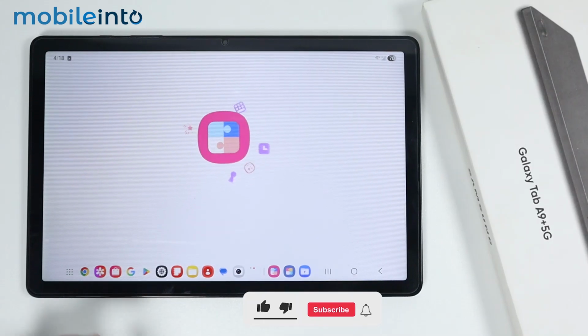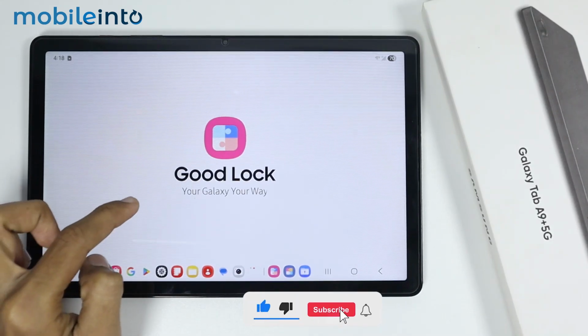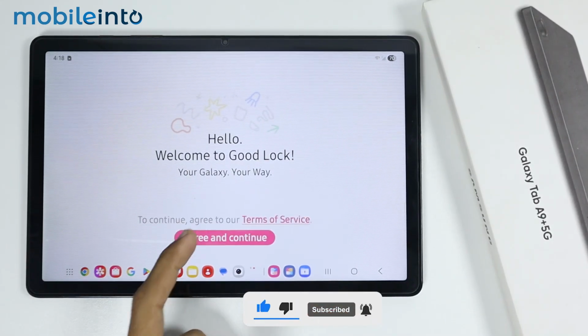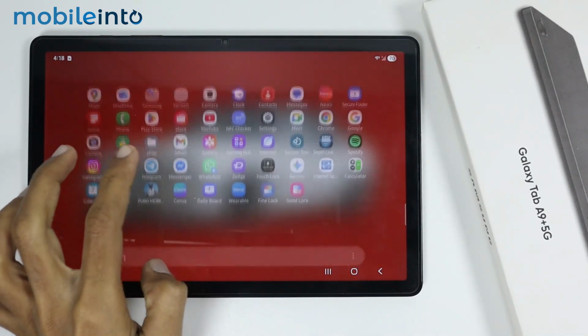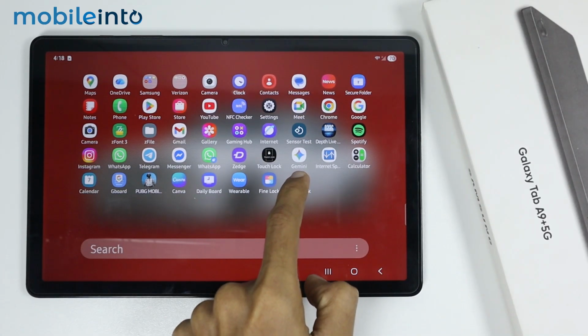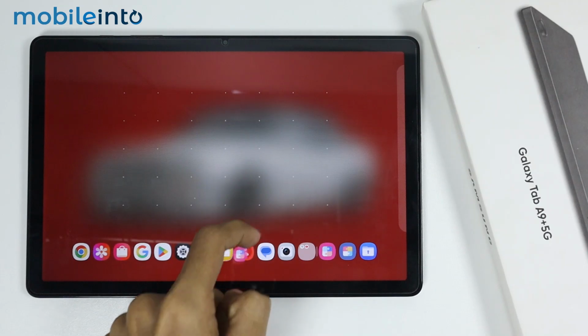And as you can see, we have successfully installed Good Lock on our tablet. Just like that. And this is how you can download and install Good Lock on the Galaxy Tab A9 or the